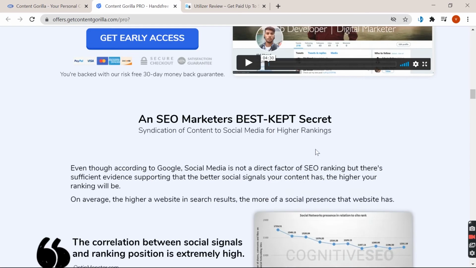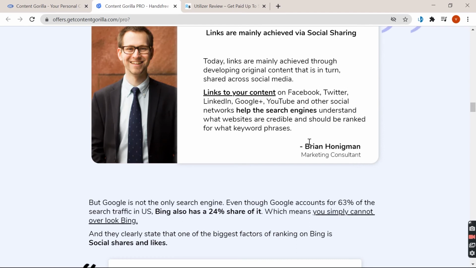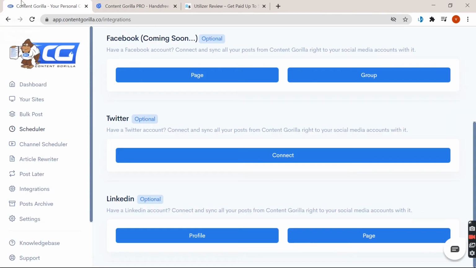Basically it will automate your job, and for $97 per year, I don't think it's expensive, because if you want that thing to get automated, you can definitely go for it. $97 for a year is definitely a great offer.